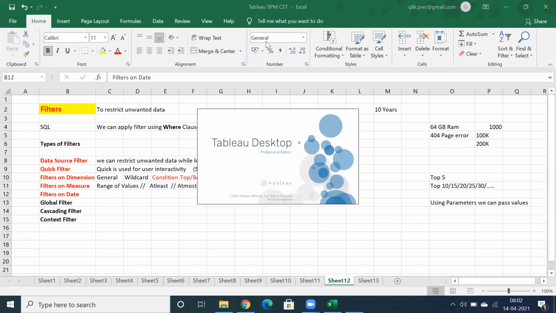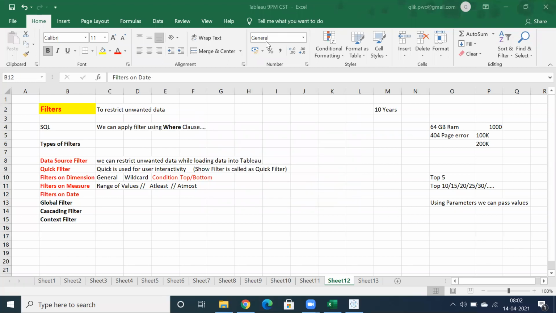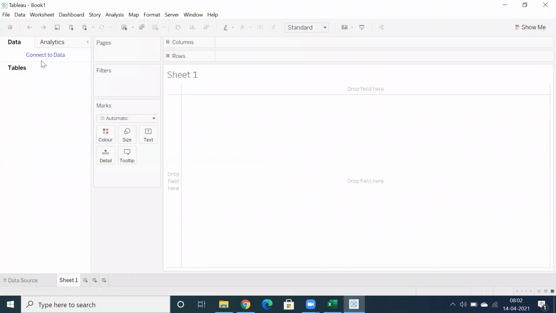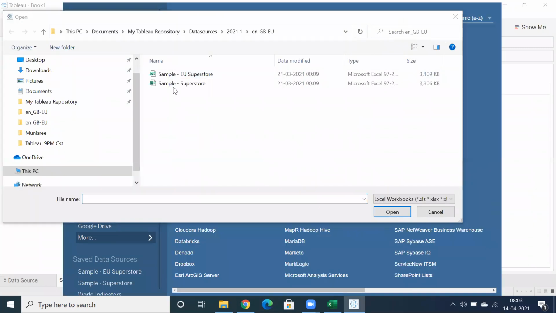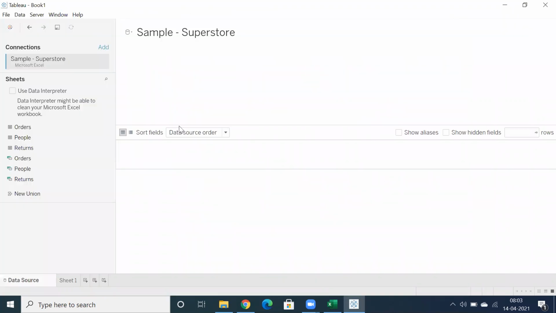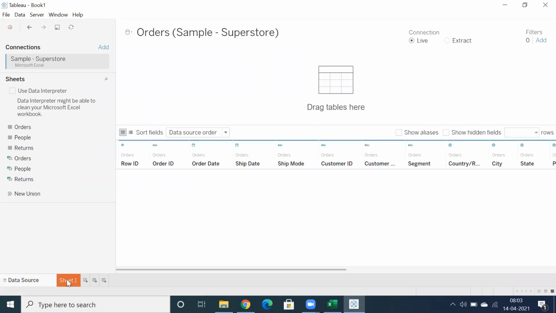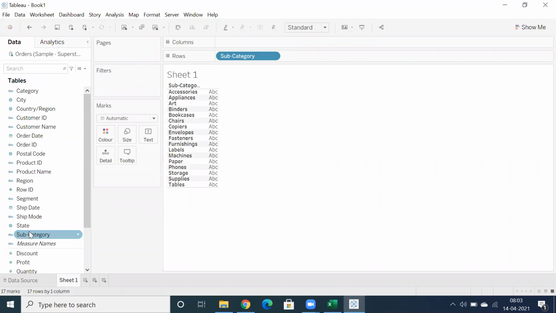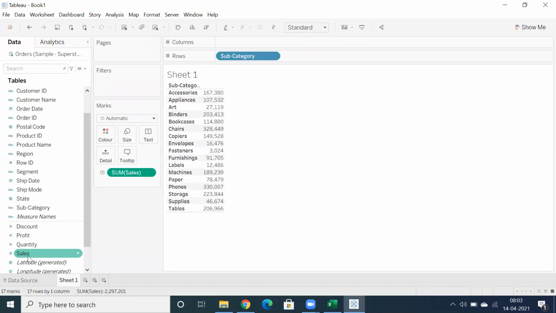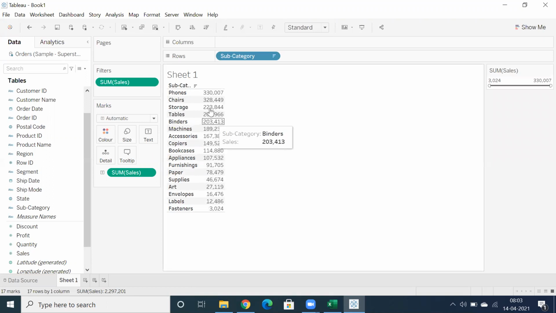The problem basically is when you use the at least option. I'm going to showcase that, which is the reason I'm creating a new workbook. Sometimes, because some functionality is missing, I'm not sure, maybe Tableau is behaving strangely. So what I have done is I created subcategory by sales, and clicked on this drop down, show filter. Let's sort it out so that you'll understand.